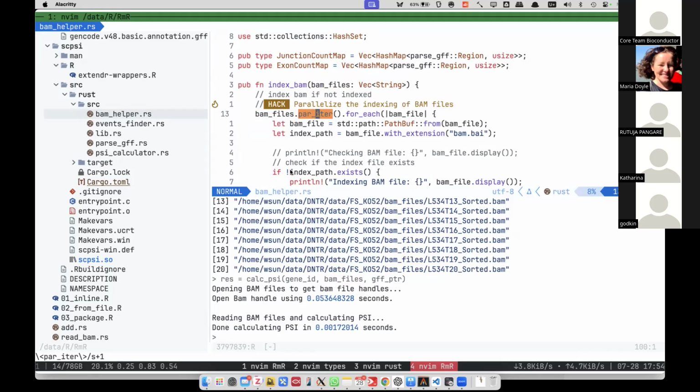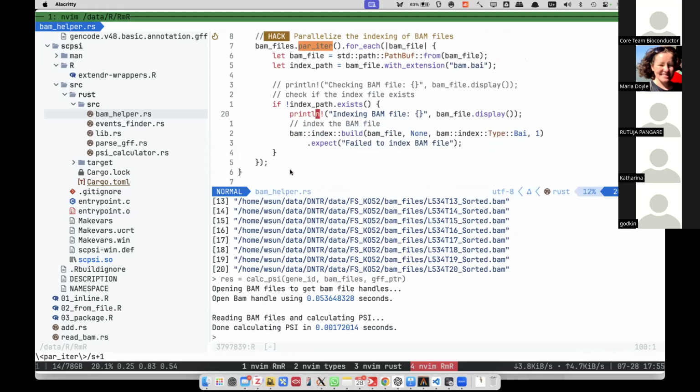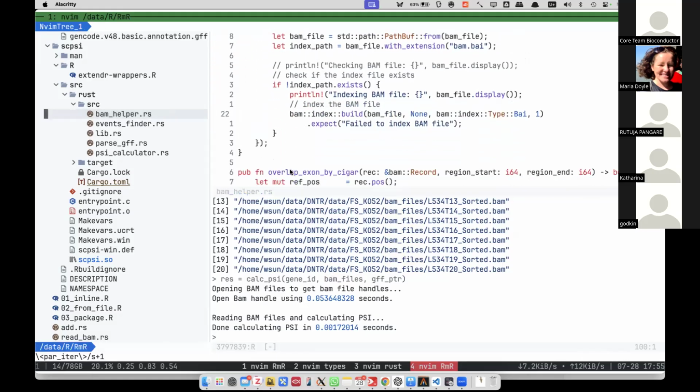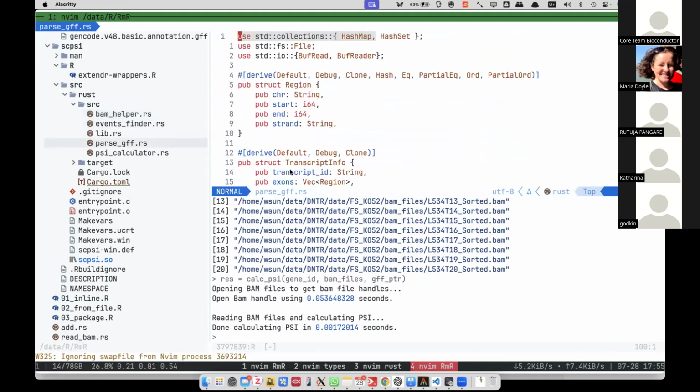Also, because Rust is a typed language, and by using this typing, you can see in the file we have a lot of structure design defined. So it defines the region of the exon or intron.